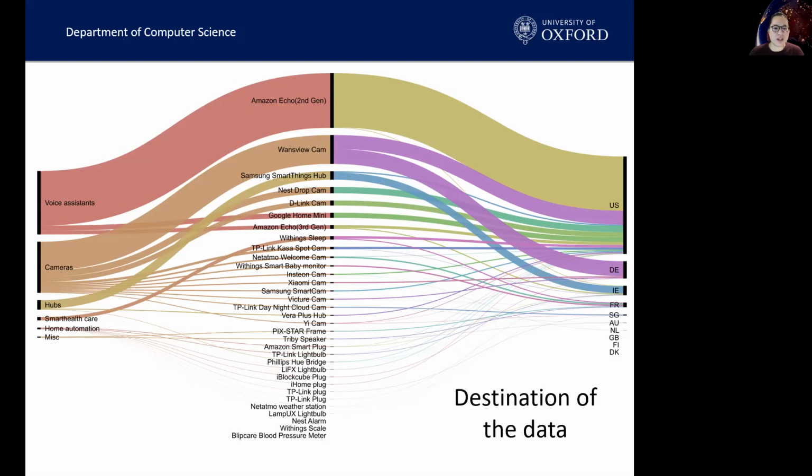Next, we examined the devices that contacted the most destinations. We found that one of the light bulbs actually contacted over 28 destinations. When compared to other devices such as smart cams and smart hubs, we found the light bulb had limited features, so it's surprising that it contacted that many destinations.